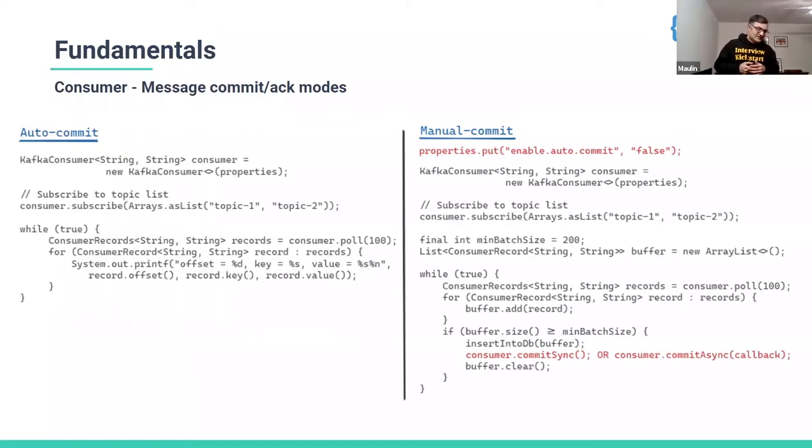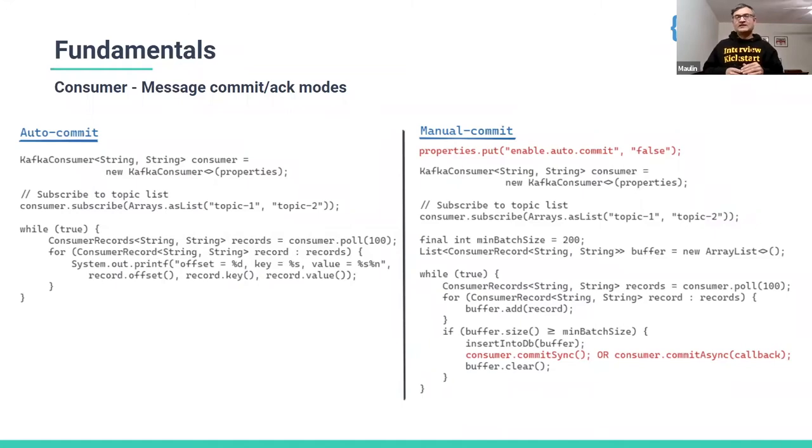So the second configuration in that slide we talked about is the acknowledgement of consumer. There are two modes basically, auto commit or manual commit. Auto commit pretty much looks like our original sample that we started to explain consumer with. Just subscribe to topic, run a while loop, and don't worry about anything else. Which means Kafka will internally do the commits for you.